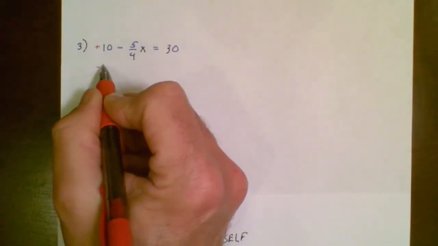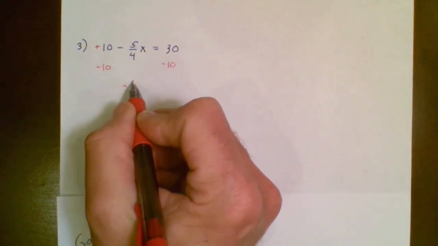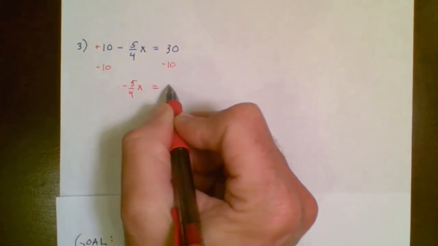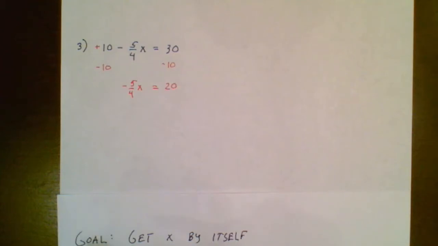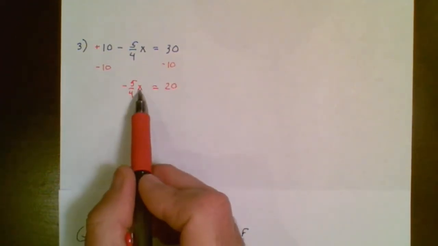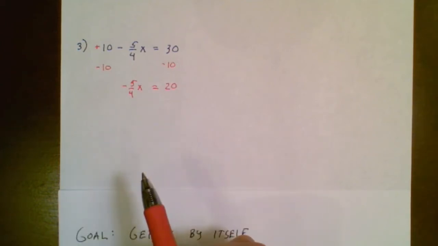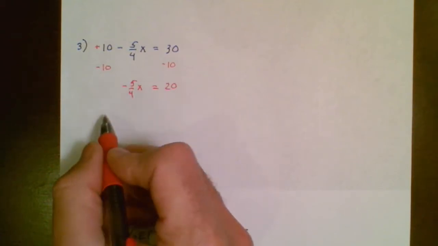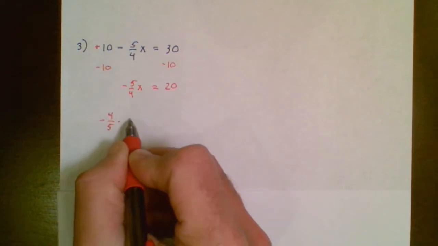So now I'm going to subtract 10. And when I do that, on the left-hand side, I have negative 5/4 x, and on the right side I have 20. These two added to 0. My goal is to get x by itself, which means I need to multiply by the reciprocal of this fraction. So I'm going to rewrite it. Remember, the reciprocal is just flipping the fraction. So that's really a negative 4/5 times